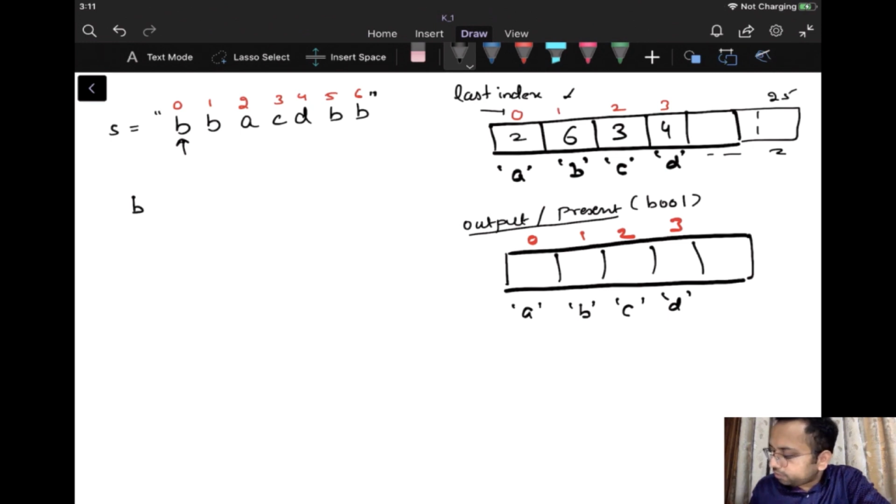So we have considered B, so I'll mark B as true. Now if someone asks me to consider another B, no, I won't consider it because it is already present. So I'll move one step ahead.